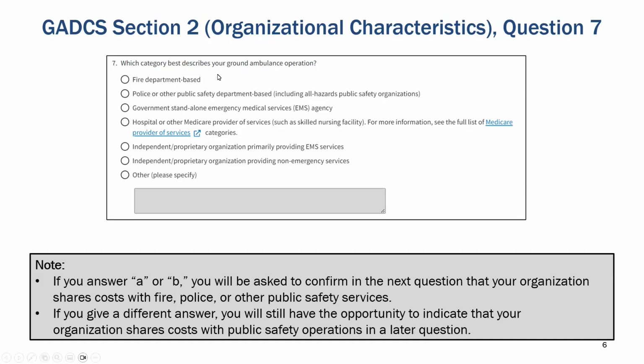So one way to make sure your organization's seeing those public safety questions later on is to ensure you're checking off one of these two first options in section 2, question 7.